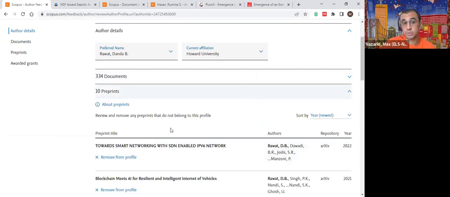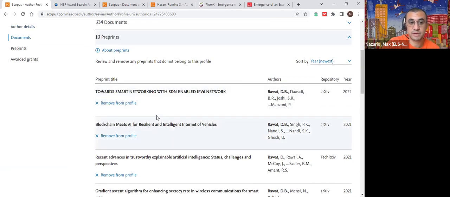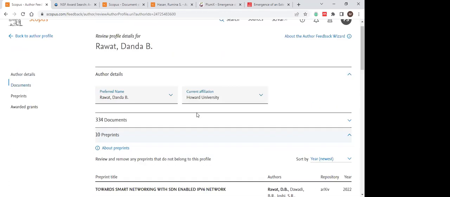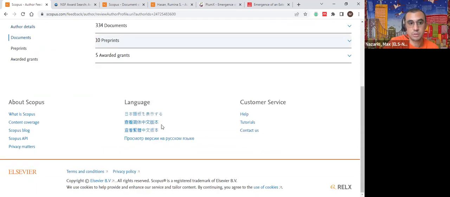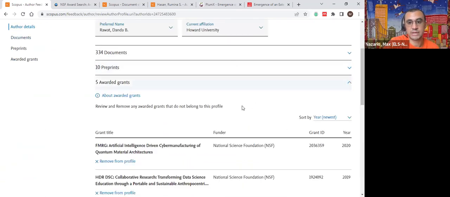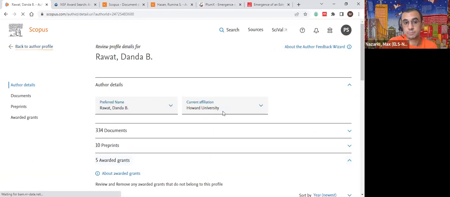This author also has preprints that are available on this profile. If there's a preprint that's missing, or a misattributed preprint, you can remove that through the edit profile feature. And same thing with the awarded grants as well. Going back to the author profile,